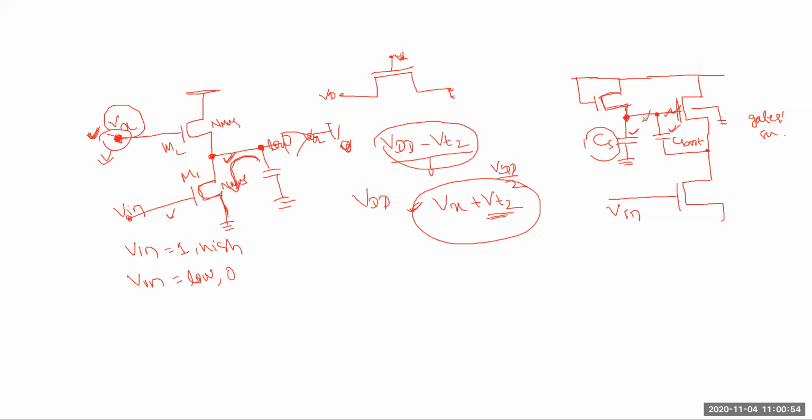Yes, sir. Are you getting? This is the ground terminal, meaning bulk. So here gate to bulk or source to bulk, whatever capacitance you get here, but here gate to source capacitance. These things you have discussed. These two are the parasitic capacitances. Now this is the bootstrapping circuit. How will this voltage Vx increase? That we'll discuss.